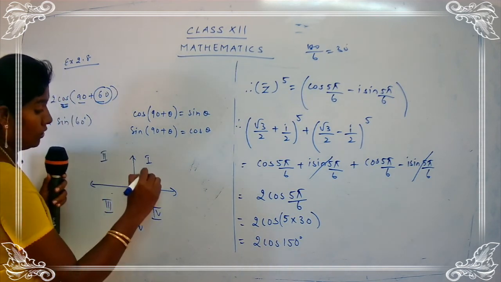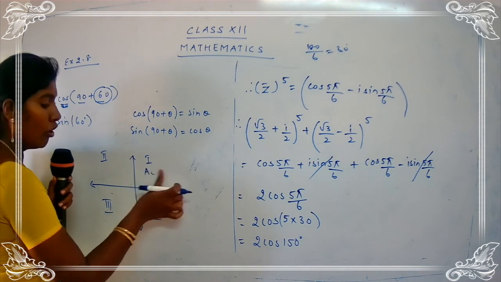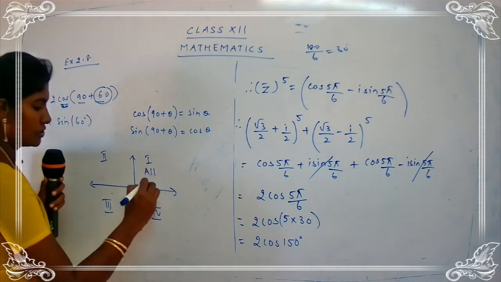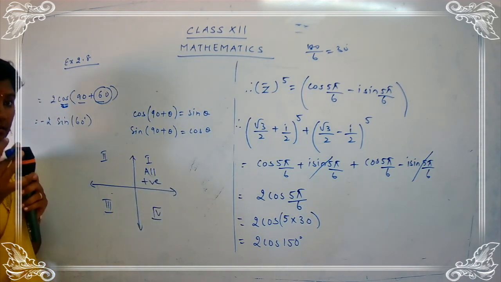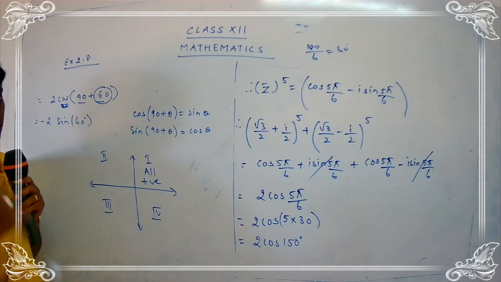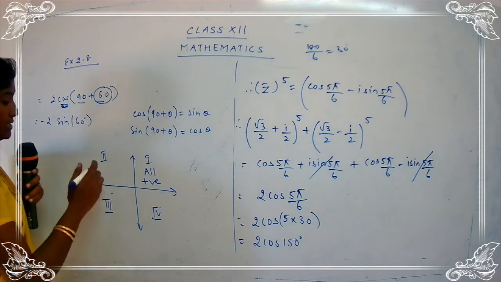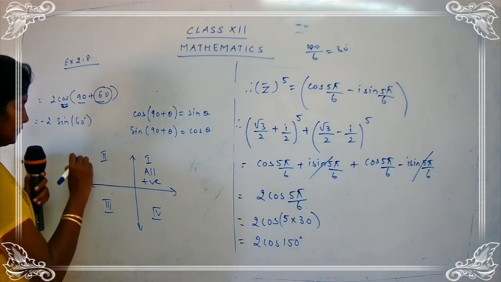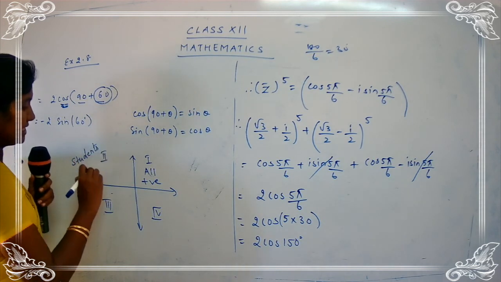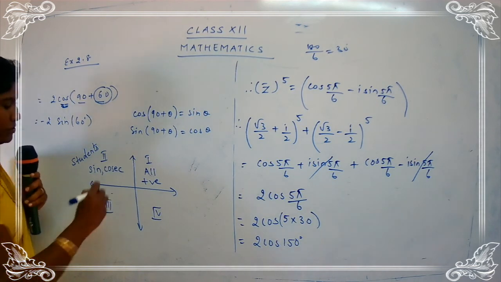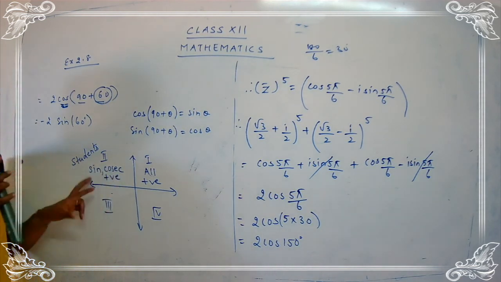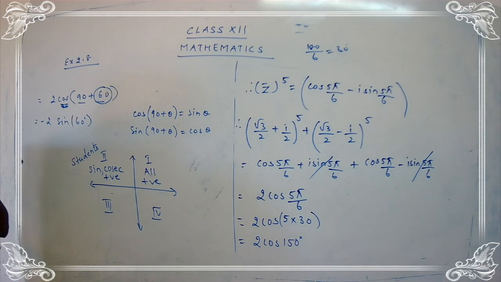This is all. All means all the angles, all the 6 functions are positive. All the 6 functions. Sine, cos, tan, cot, sec, cosec, positive. This is students. That means sine and cosec. The reciprocal of sine is cosec, so both will be positive. So sine and cosec is positive, then what is that? Cos, sec, tan, cot, they will be negative.